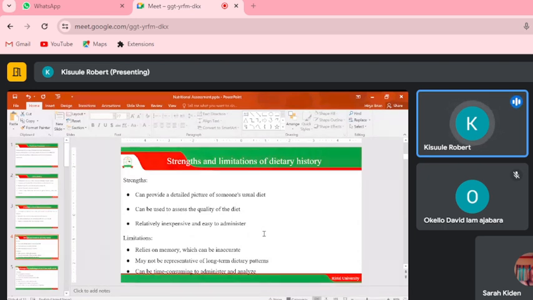We can't go collecting data or collecting information when we are in a Christmas period or on those festive days. Okay, because what type of data are you going to collect? Someone will be telling you, I ate meat yesterday, I ate meat today. For example, in our household, when it is Christmas, or when it is those days, even if it's in a